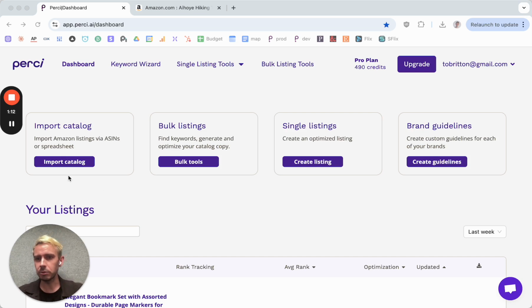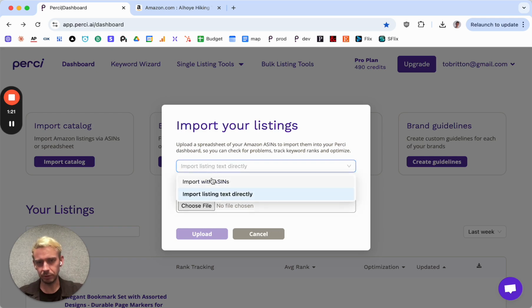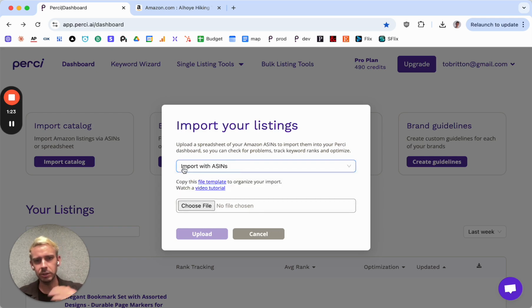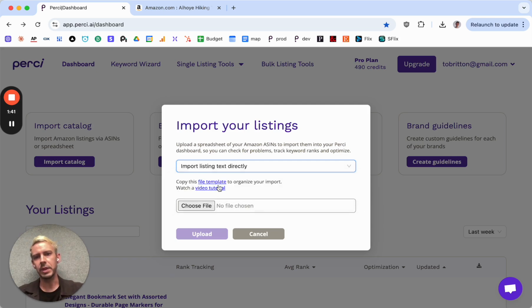So the first thing that we'll do is just click this import catalog button here, and it's going to open up this little window. We have two options for importing your listings into Percy. One is importing with ASINs, so where you just give us a list of ASINs and we'll go scrape those ASIN product pages and pull the text directly from Amazon. The other way is importing the listing text directly, and that means if you already have listing text that you want to